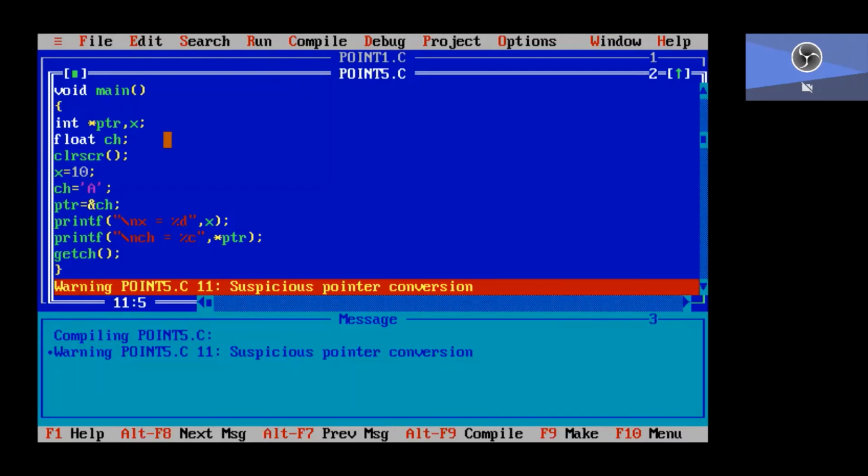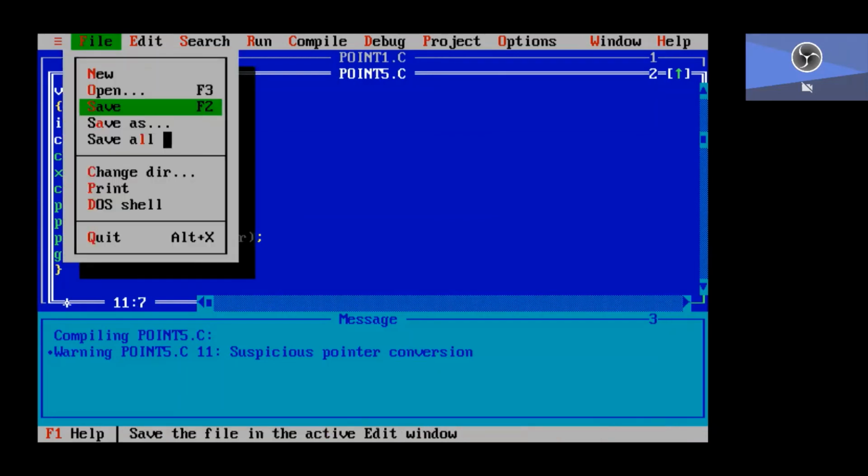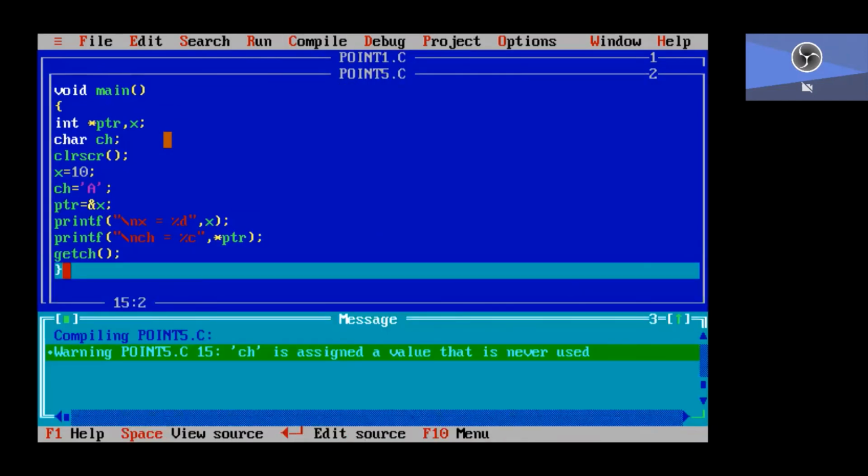If I give x instead, we get a warning that ch is assigned a value that is never used.